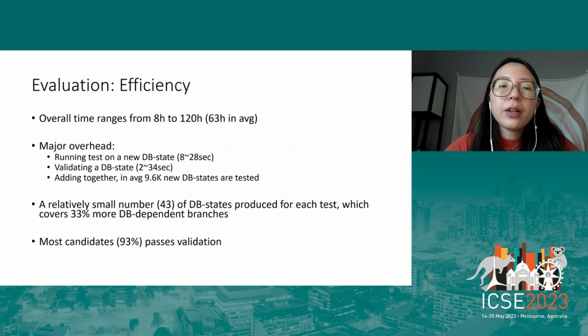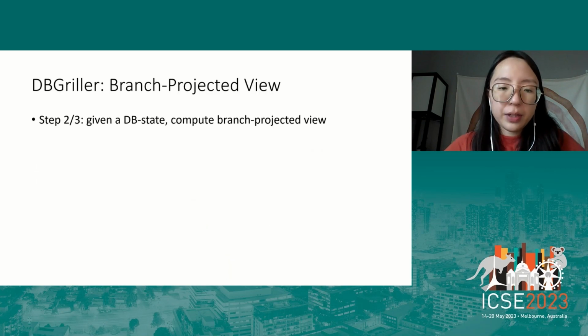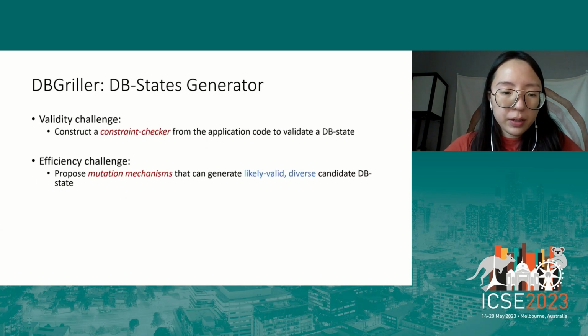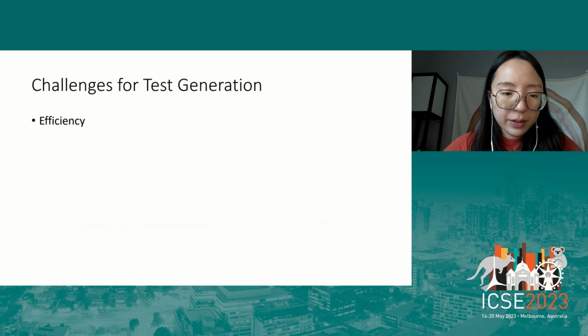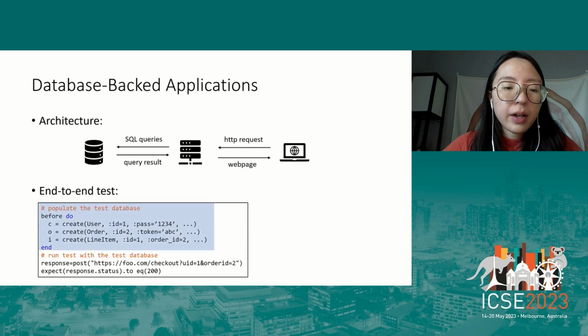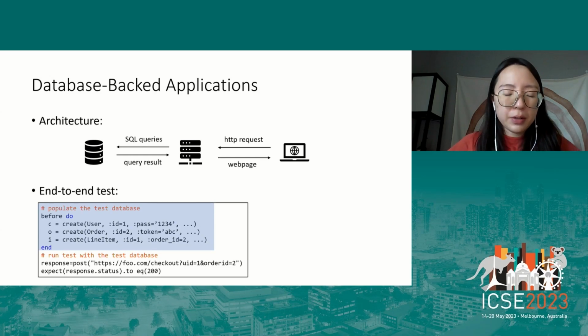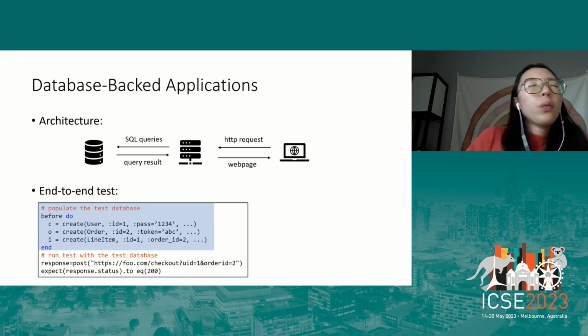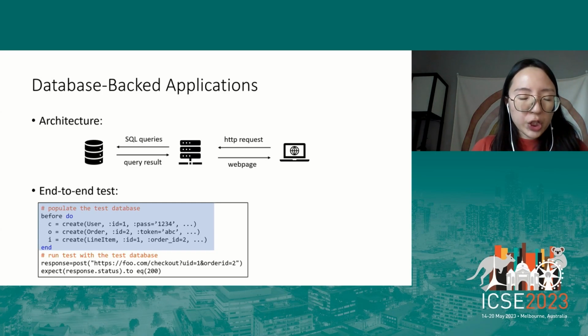Yeah, good point. So here, we don't change the test body. If you see in the first slide, sorry, it's a little bit slow, let me go here. We only change the part that populates the database. We use the same test body. So basically, for the overall coverage increase, we just run all the tests with the DB states. So we generate new DB states for each test.